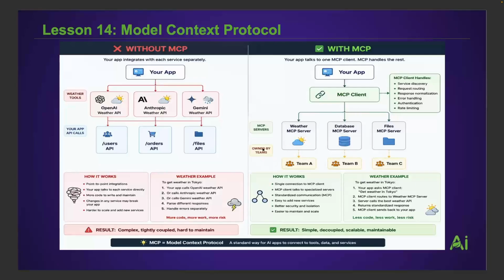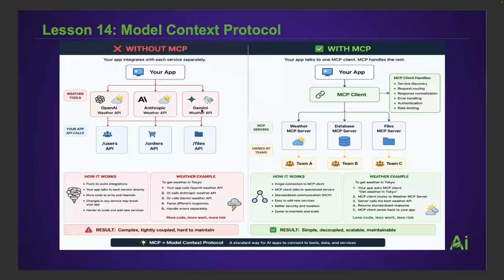If these implementations, like the MCP server for file access, MCP server for database, and MCP server for API calls, are distributed among different teams, it will be easier to handle. Suppose the MCP database team implements a new tool, it will not disturb any other clients or any other server implementations here. Only the client which is interested in the new tool will make the changes in that code and invoke that tool.